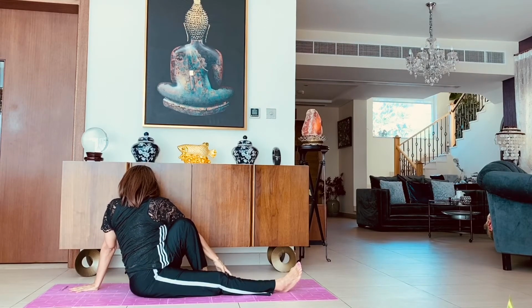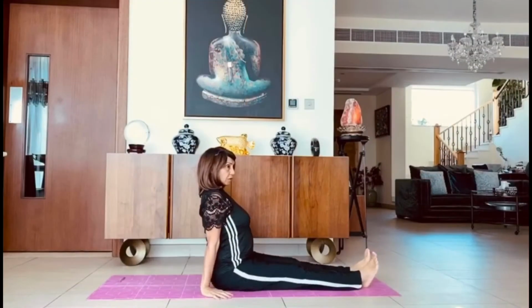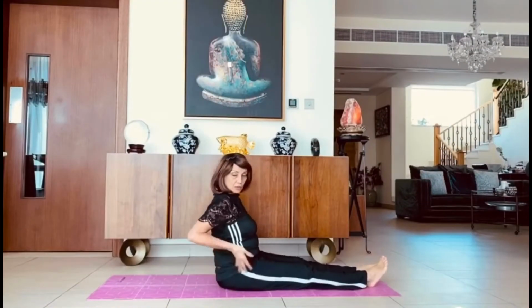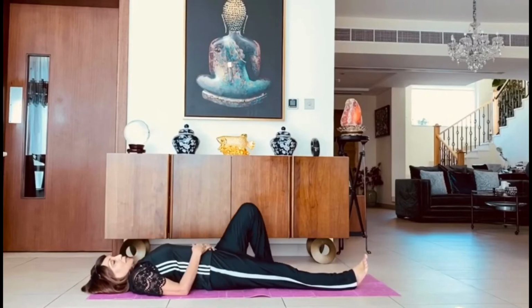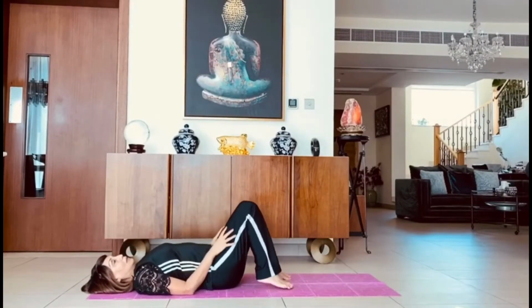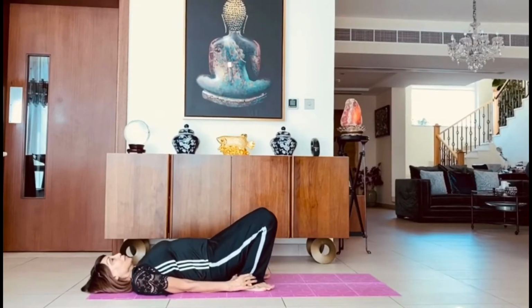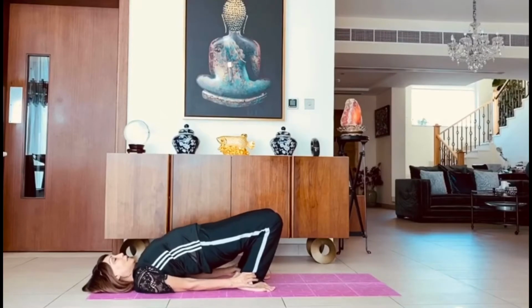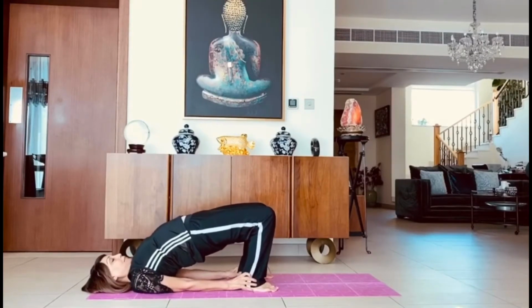Come out of the pose. Get yourself in Dandasana, the staff pose, and we go down again for the bridge poses. So fold your legs again. Hold your ankles with your palms and take your shoulders in and start pushing your hips up, chest up,